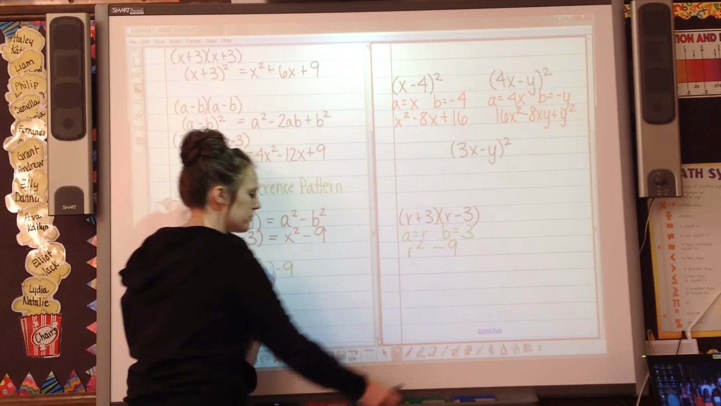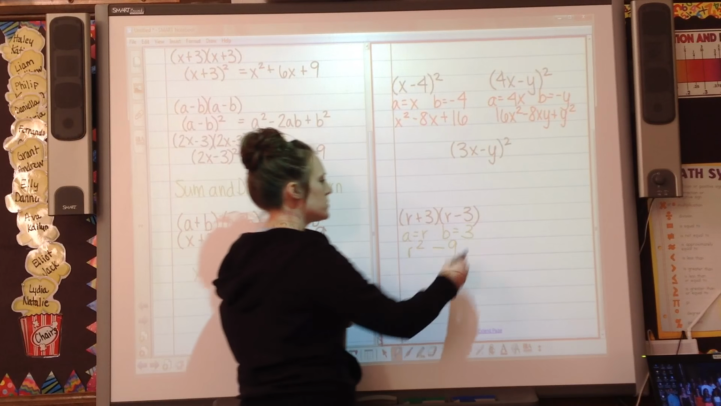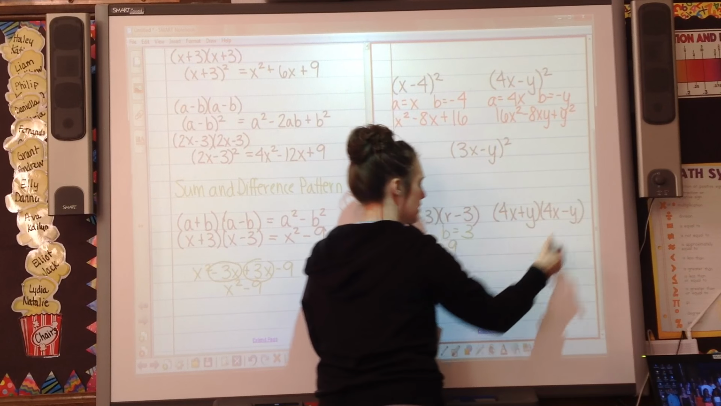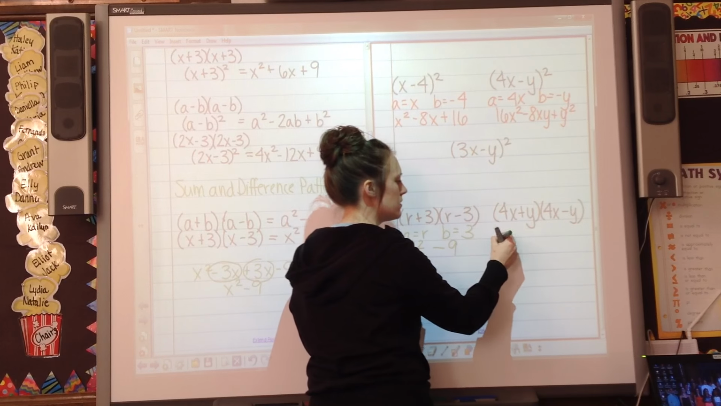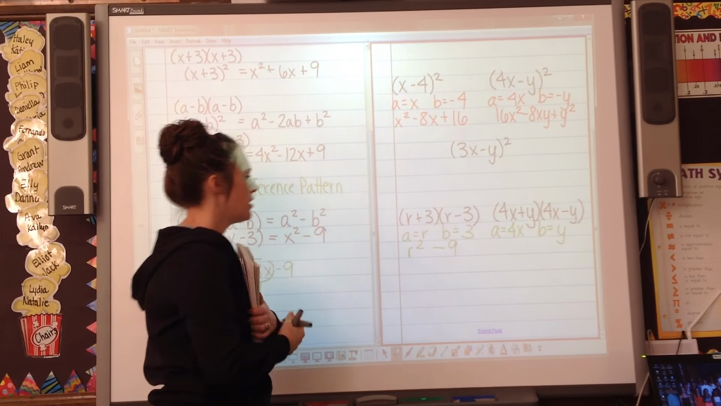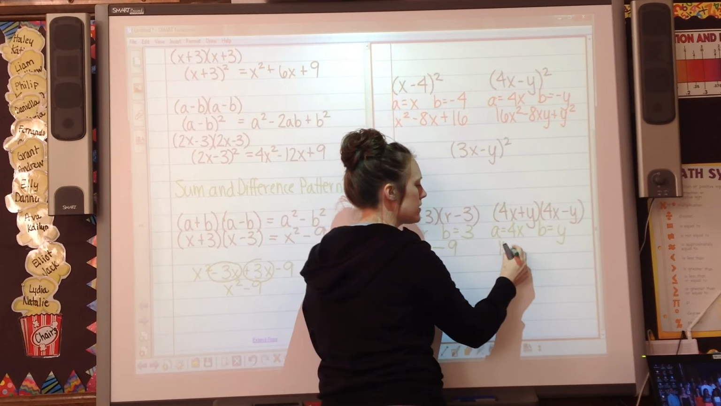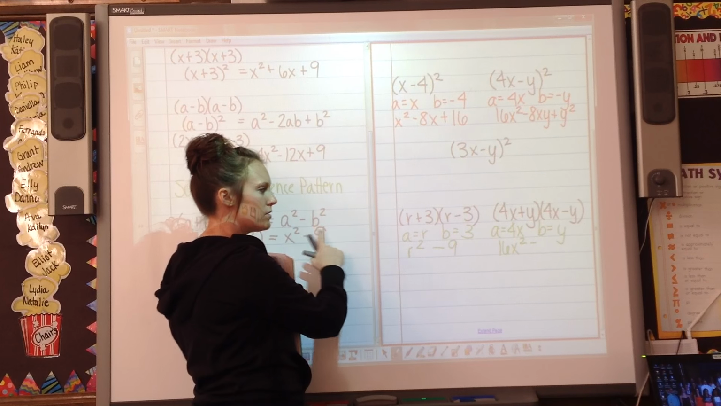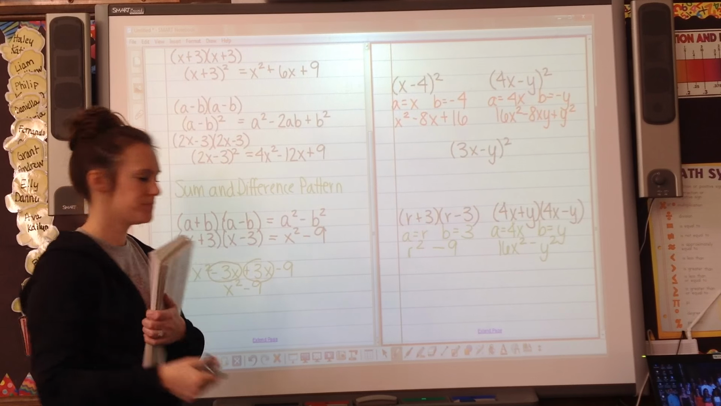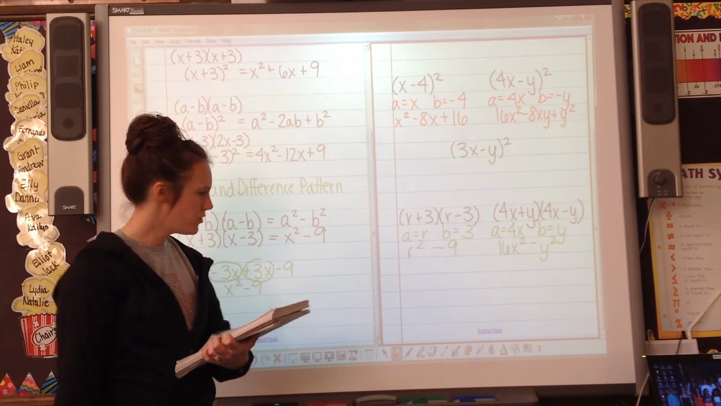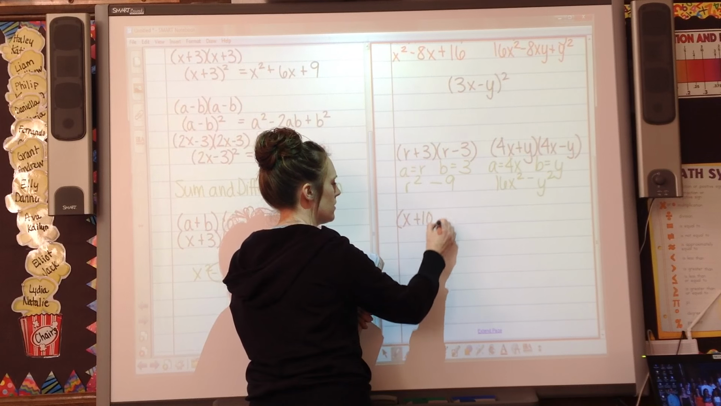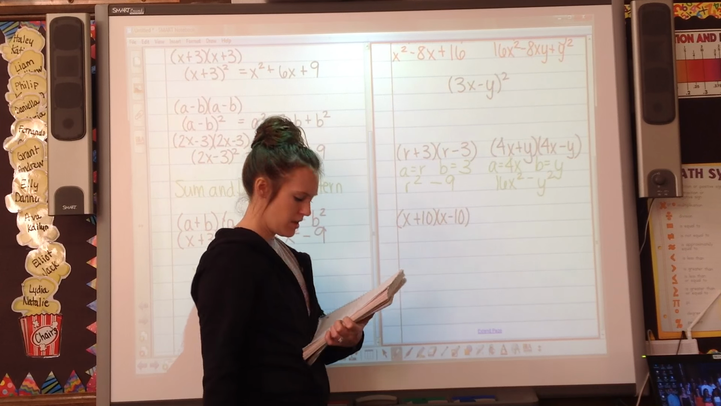Let's try a harder one. Let's try the quantity 4x plus y and the quantity the other quantity